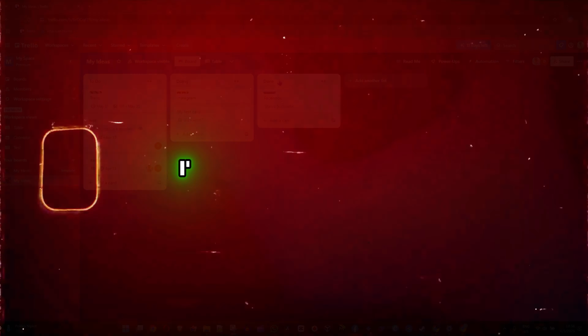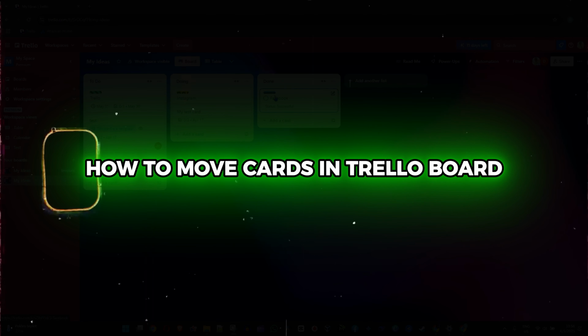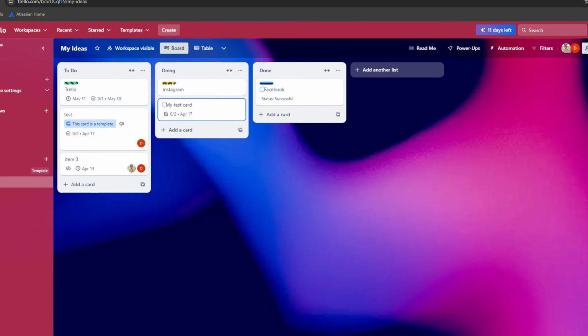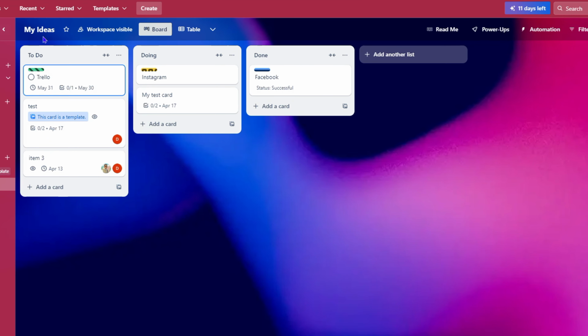And in this video, I'm going to show you how to move cards on your Trello board. As you can see here, I'm in my Trello workspace. I'm on a specific Trello board called My Ideas, and cards are placed within lists, right? And as you can see, I have the to-do list here, I have the doing list, and I have the done list. And I'm going to show you a few ways how you can go about moving specific cards to